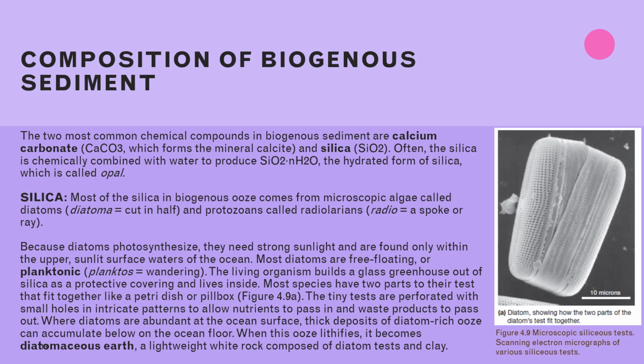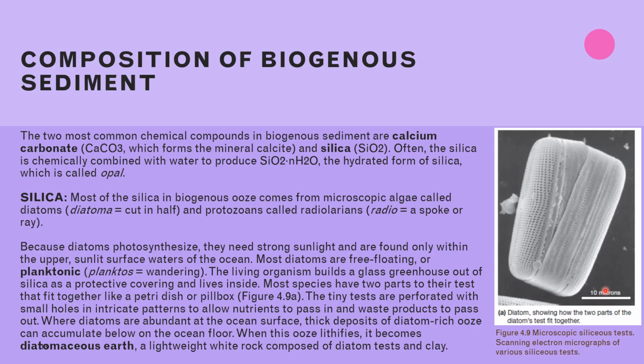Number one, algae: microscopic algae called diatoms, which we can see in the figure here as well. Diatoms have two parts to their test, fitting into each other, looking like a capsule. And number one and number two are protozoans called radiolarians, which are spoke or ray-like, which we will see in the next slides. So these diatoms photosynthesize, and because they photosynthesize, they need strong sunlight